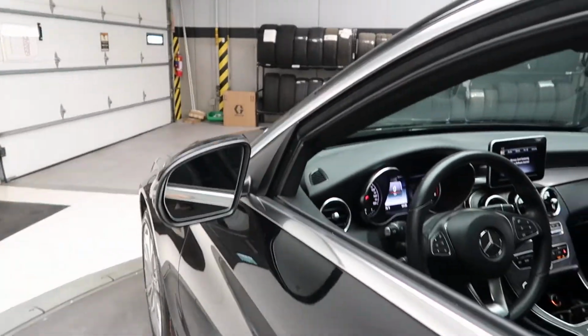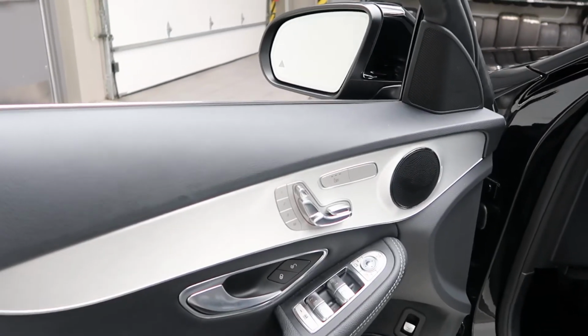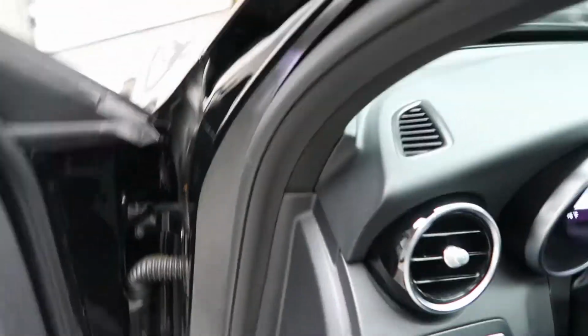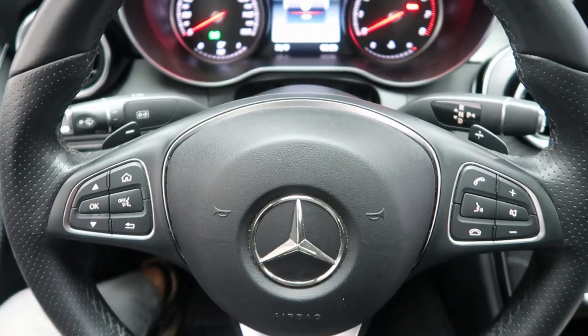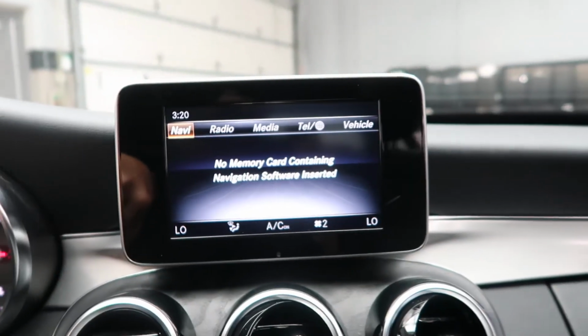blind spot assist, Premium 1 package, which comes with an LED logo which appears when you open the door, heated seats, aluminum trim, memory seats, steering wheel controls with Bluetooth capabilities, paddle shifters for extra performance, a push start ignition, rear view backup camera,